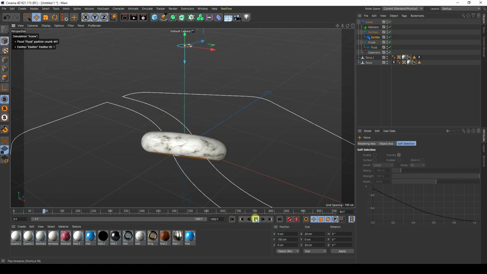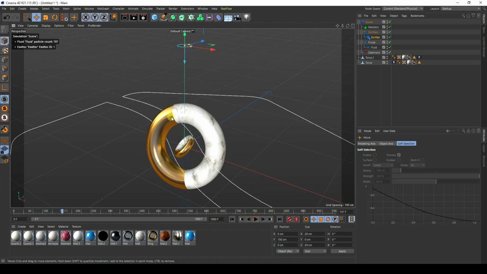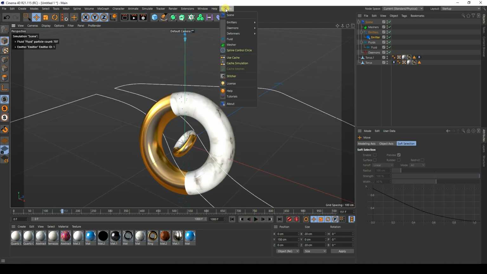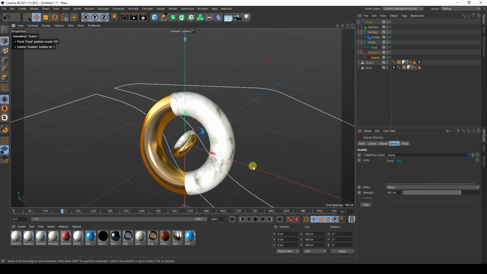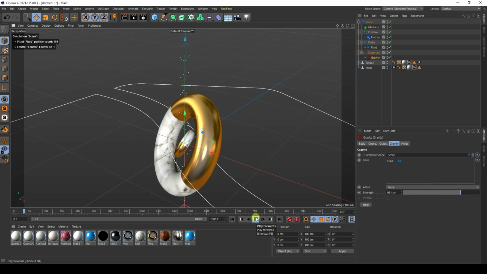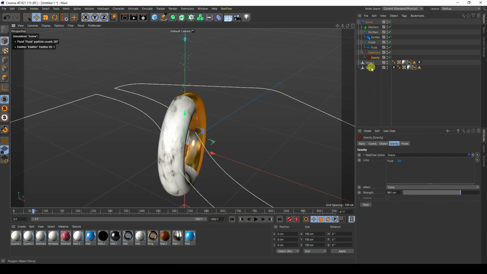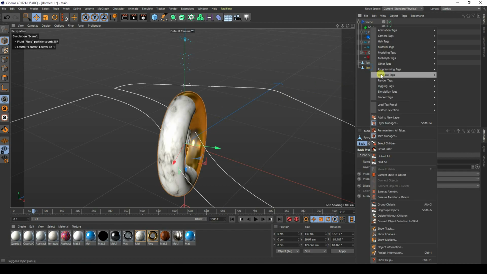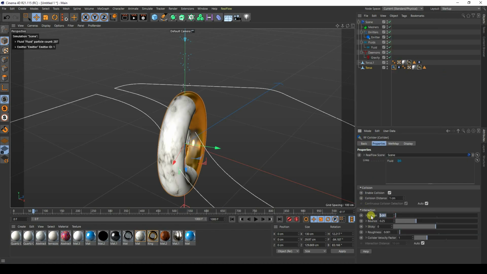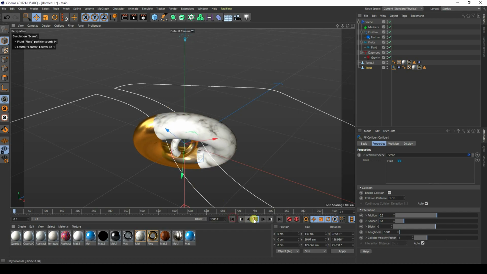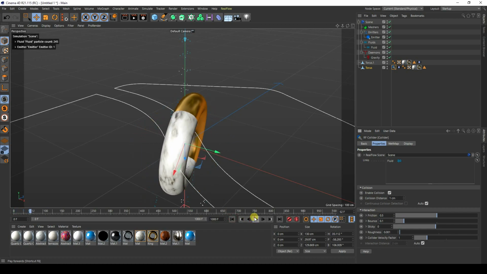Okay, it's good. Okay, so now guys this time I apply next one, gravity. Use gravity, this one. And play. It's good. Okay, so guys select this torus, this one, and I apply tag. Go to RealFlow tag and use collider, this one. See guys, that's my friction. I like 0.5 and bounce 0.1. So play. Yes. Guys, same.